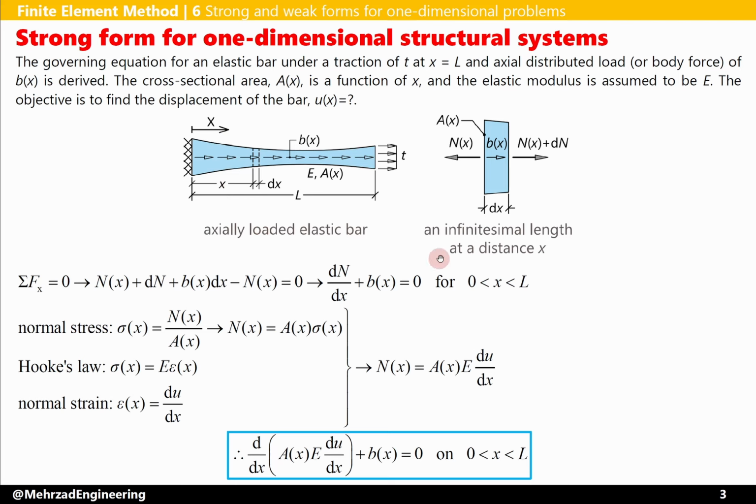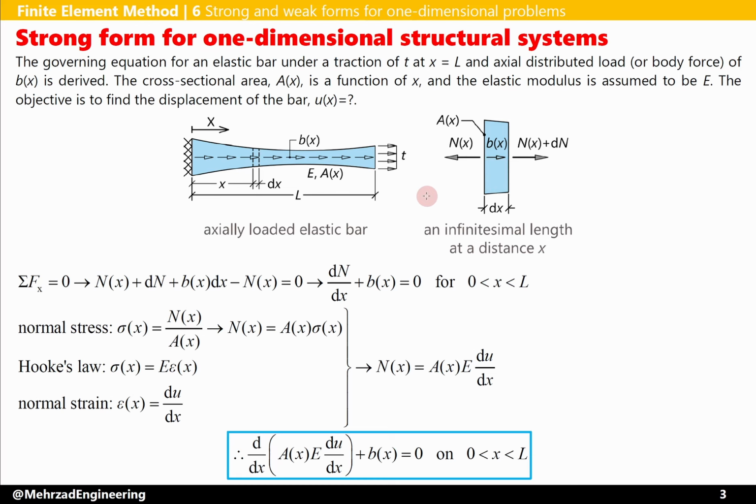elastic bar. To achieve this, we consider an infinitesimal length at a distance of x. At section x, the internal force is N. At section x plus dx, the internal force can change, and now it is N(x) plus dN. Along this length of bar, the applied external force is a body force b(x), and the cross-sectional area is